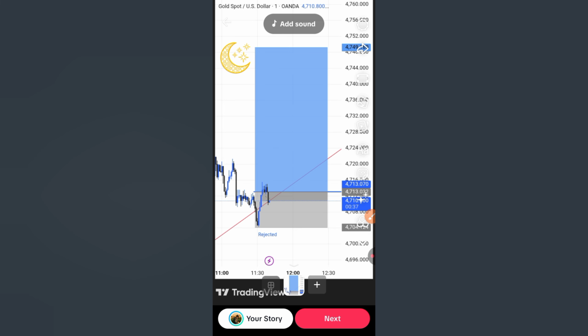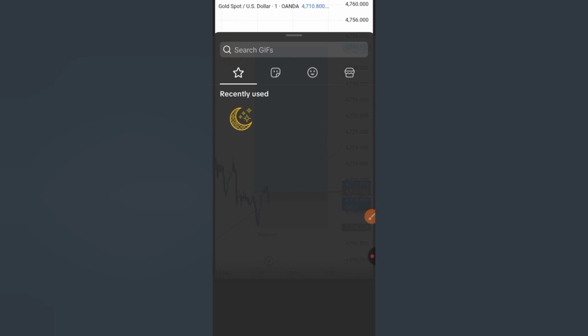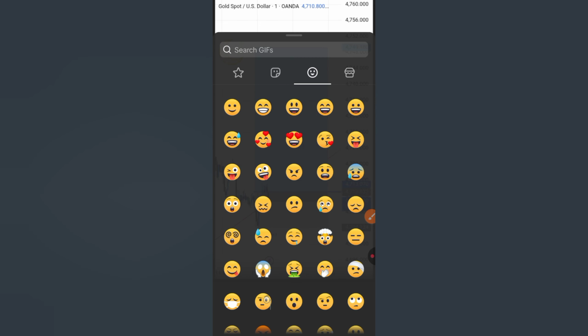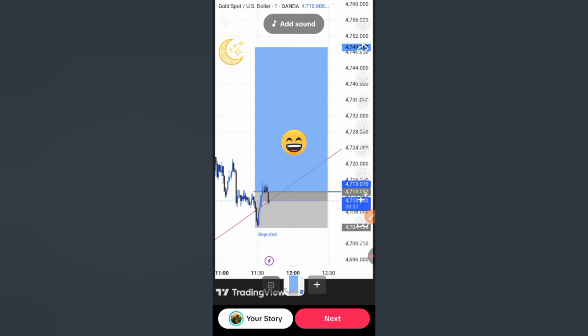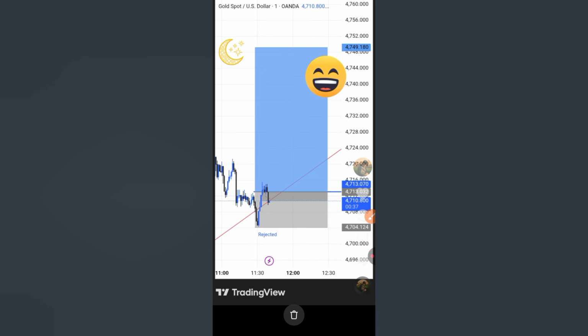Step 7. Tap any sticker to place it on your video, then drag, pinch, or rotate it to position it exactly where you want. Pro tip: if you can't find a specific sticker you loved from another creator's video, go back to that video, press and hold directly on the sticker, and TikTok will give you the option to save it straight to your favorites, making it super easy to find